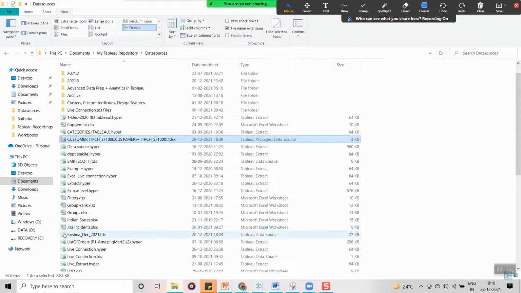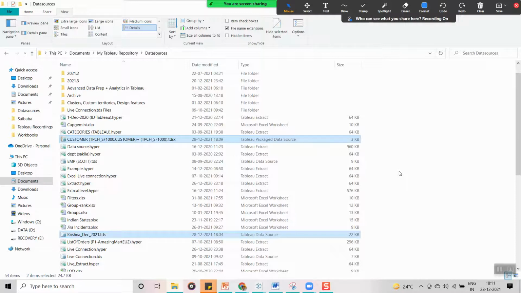Which one is bigger, guys? Here you can see it is 3 KB, and here it is 22 KB. Which one has the larger size, guys? TDS or TDSX? TDS, right? 22 KB.